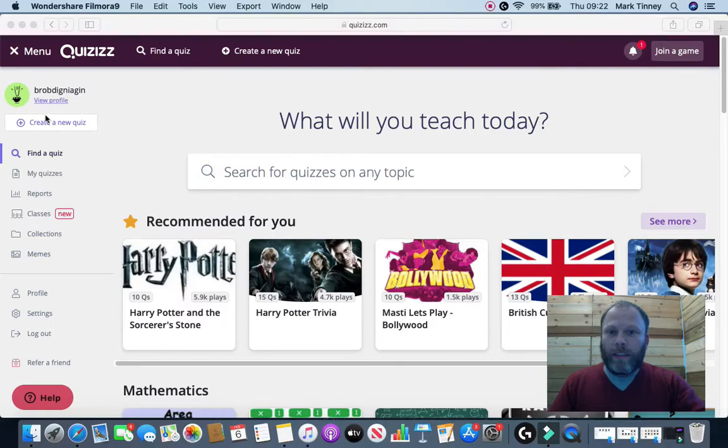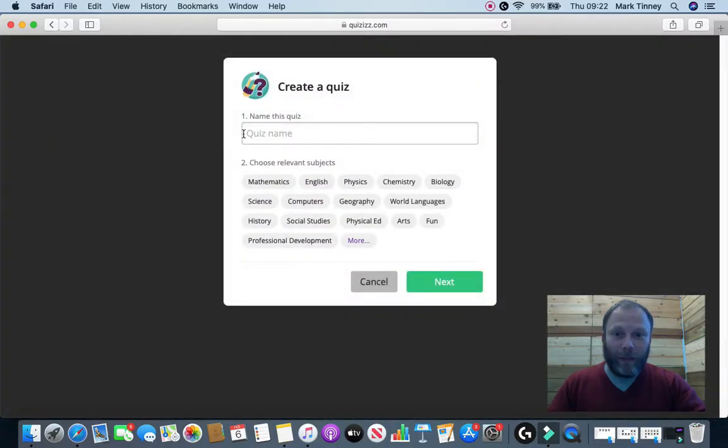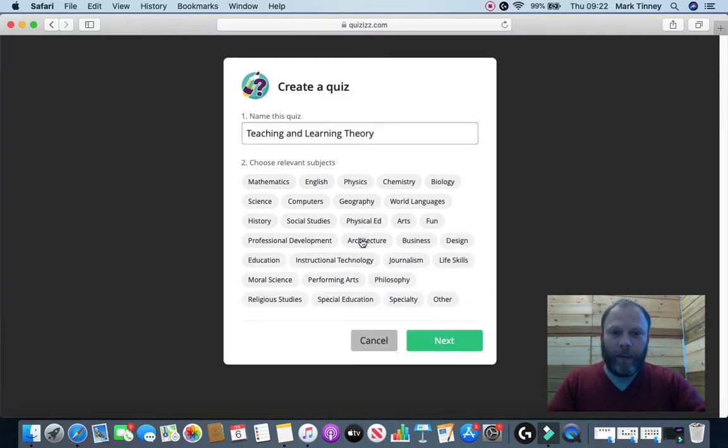Within your Quizizz, you'll see right on the left, we've got Create New Quiz. We'll click on that, and I'm actually going to build a quiz for my PGCE group as we go. So we're going to build a quiz on teaching and learning theory. If I click more, and then I'm just going to put the subject as education. Now, if you don't see a subject that fits what you're doing, so for example, they don't do a very good job of putting vocational subjects here, so you can just click other, so don't worry about it too much. So I'm just going to click education,